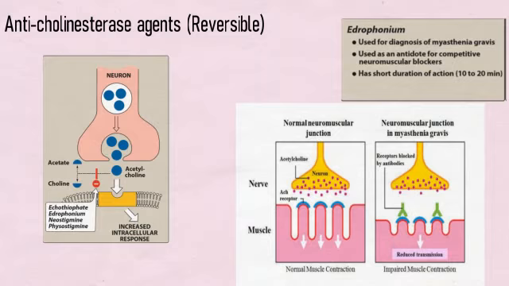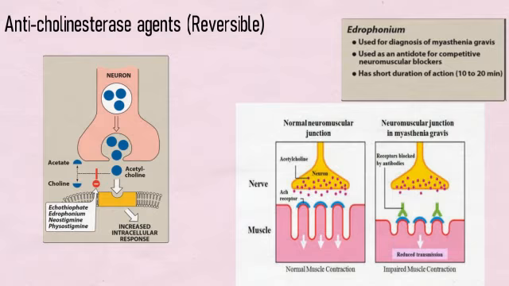So when we give edrophonium, because it's short acting, it immediately starts producing its result by preventing the degradation of acetylcholine for up to 20 minutes. So acetylcholine will stay there and will stimulate the available receptors for a prolonged time. The patient will feel a rapid increase in muscle strength as soon as the IV injection of edrophonium is given. So this is used as a diagnostic tool.